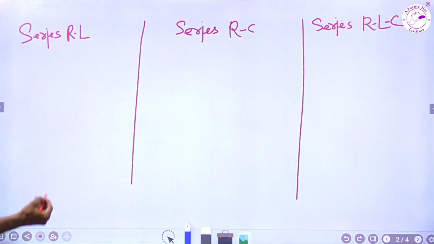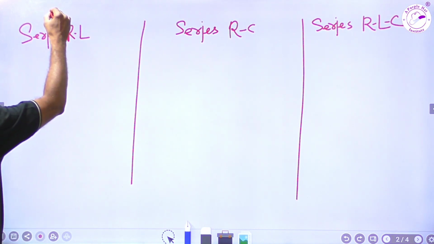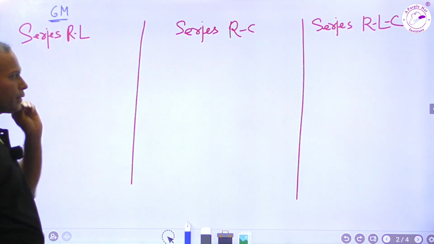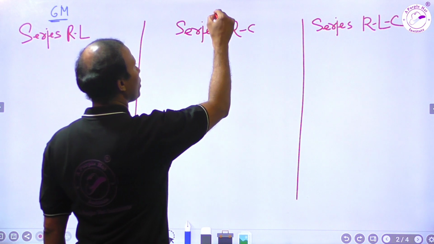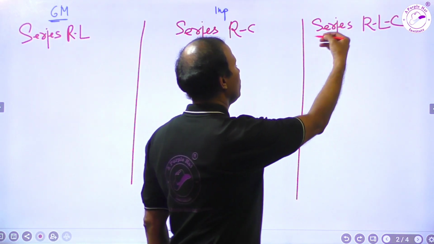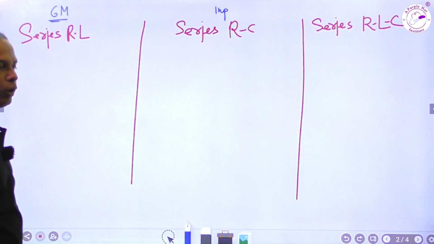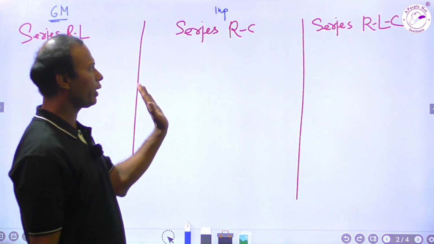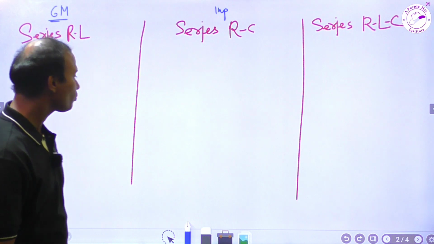Now the RL circuit. This is a combination, a very important combination. This is a very important topic, 6 marks maximum, with chances of 6 to 10 marks. This is also important. Problems are important in the case of the series RLC circuit. Here a student can do one thing: plot the voltage, current, waveform and phasor diagram. If you try to plot for this case, it becomes very easy to understand. The RC circuit also has 3 cases.